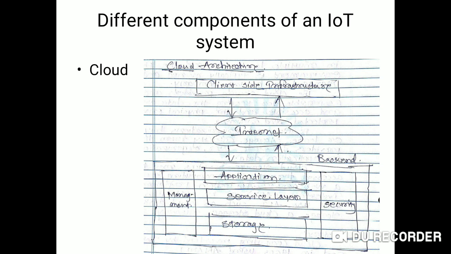Next point is cloud. Cloud used in IoT. So this cloud is a model of computer data storage in which digital data is stored in logical pools. The physical storage spans multiple servers, sometimes in multiple locations, and the physical environment is typically owned and managed by a hosting company. The cloud storage providers are responsible for keeping the data available and accessible, and the physical environment